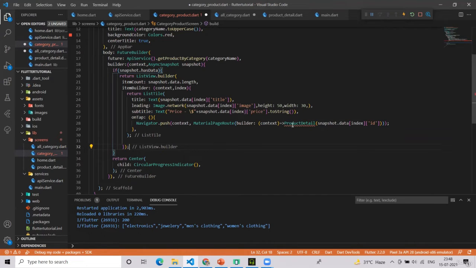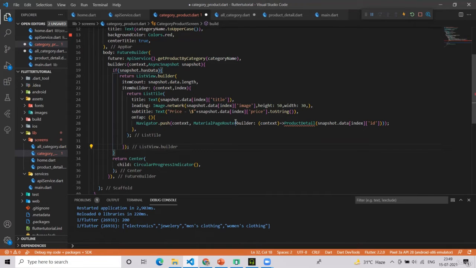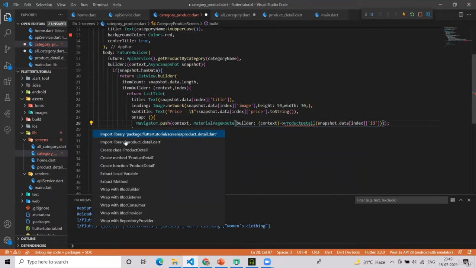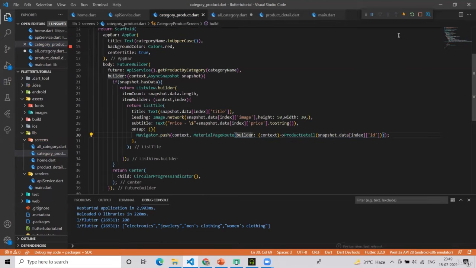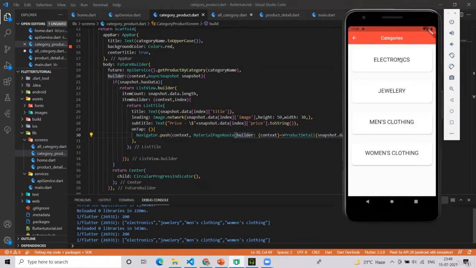And first of all, I will just check if everything is correct here. Snapshot dot data dot title, index, price. Then this product screen I will import. Okay, let's check if there is any error. When I click on electronics,